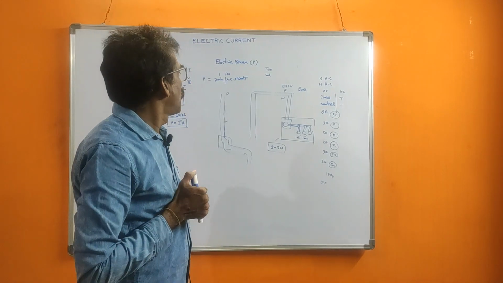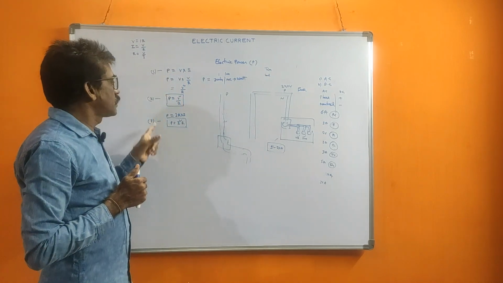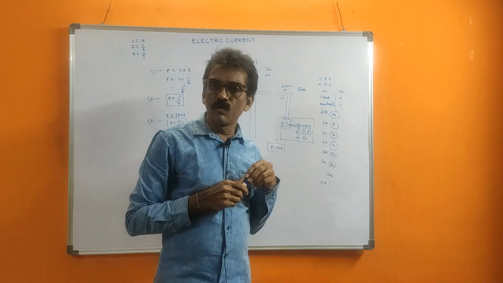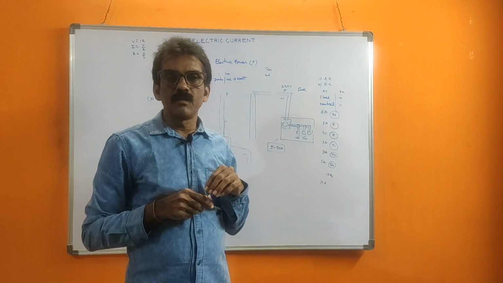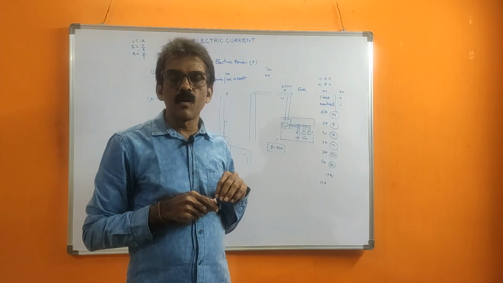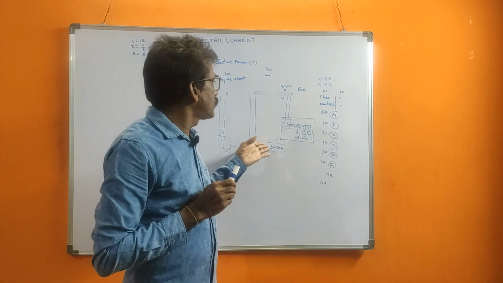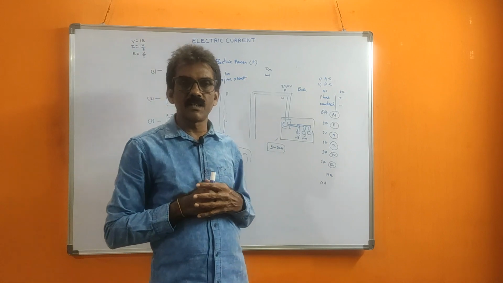This is about energy and power. So we should learn all these three formulas. Power, energy: 1000 watts is equal to 1 kilowatt. 1 kilowatt hour is called 1 unit. 1 kWh means 1 kilowatt hour is 1 unit. That is 3.6 into 10 to the power of 6 joules for energy consideration.